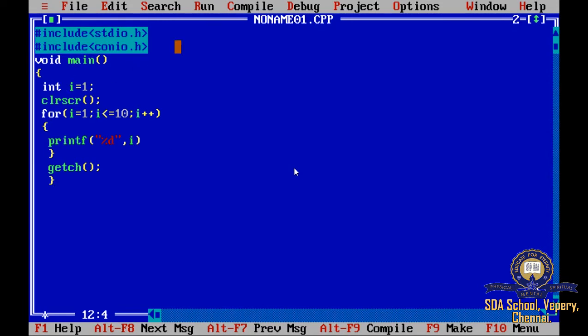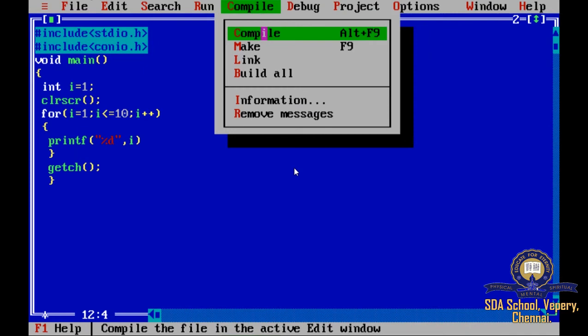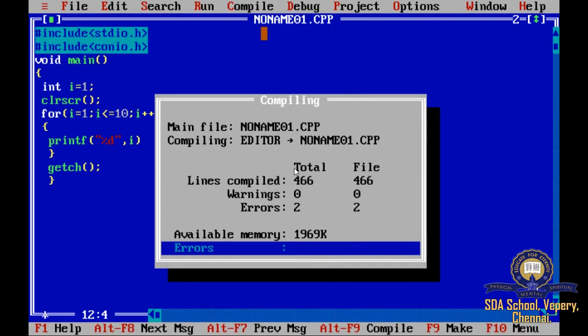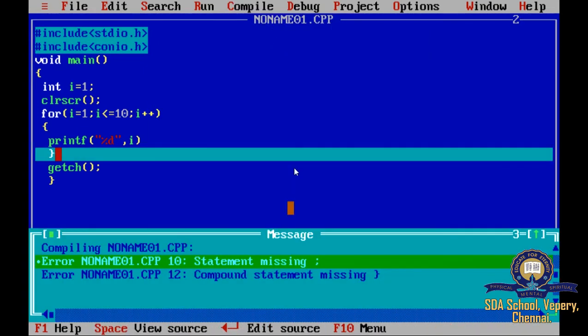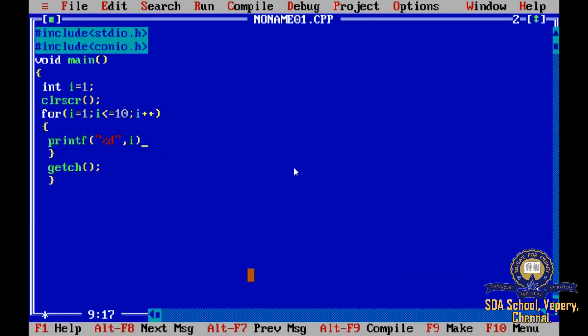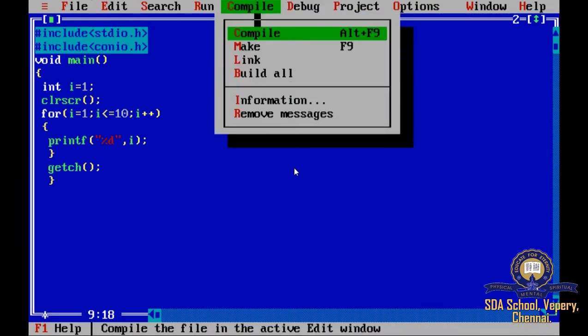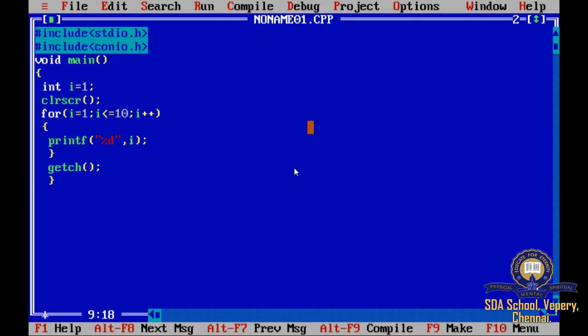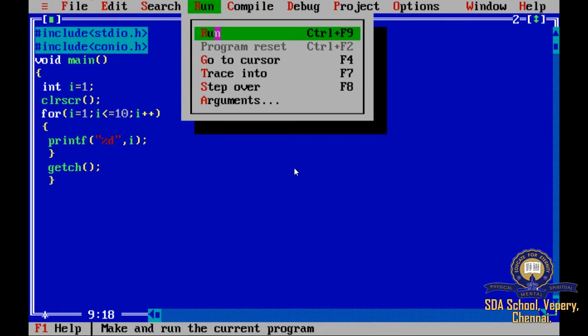Okay, so let me check. First, I have to compile it, then run the program. See, it will be printing 1, 2, 3, 4, 5, 6, 7, 8, 9, 10.